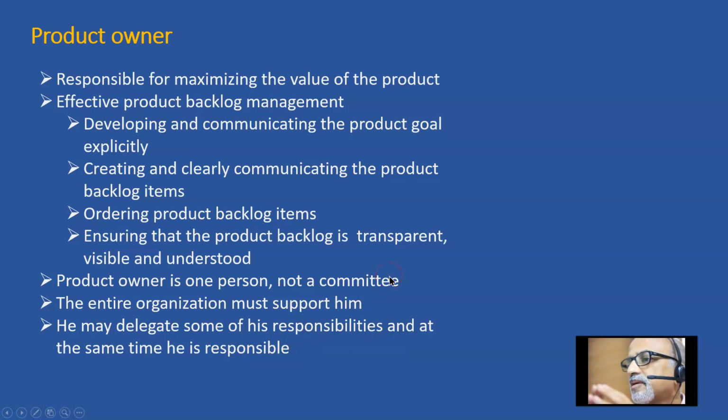So the product owner maintains the product backlog. When I say product backlog, it contains the potential features that may or may not get into the product. As and when a product owner gets an idea about a new feature that can be good for the product, he enters it into the product backlog, not in a detailed fashion, maybe as a one-liner. So that gets into the product backlog, and the product backlog keeps growing. When the product backlog stops growing, there is an indication that the product has reached end of life.